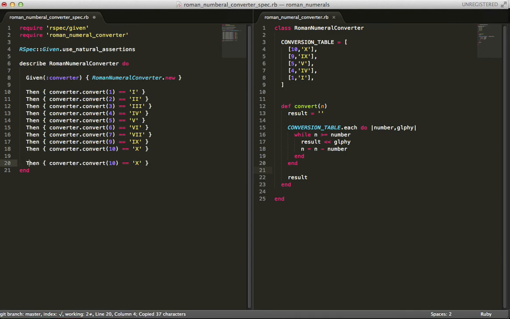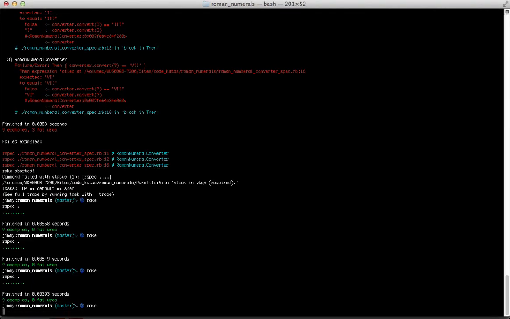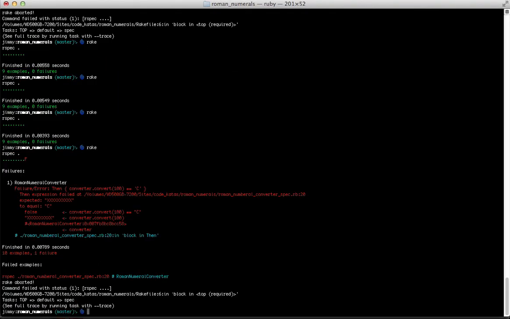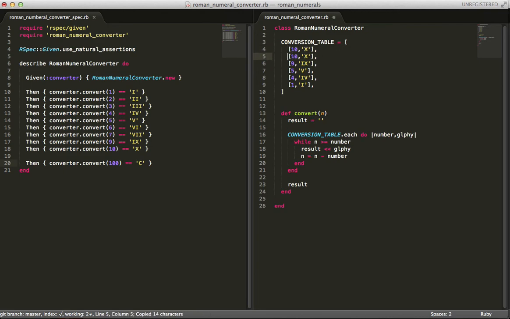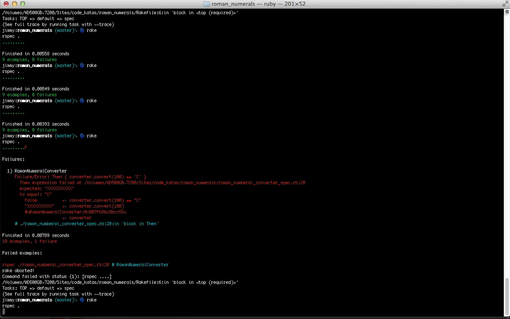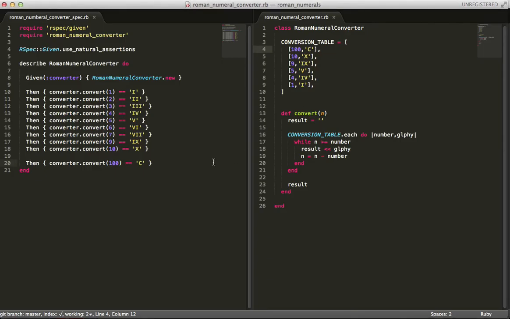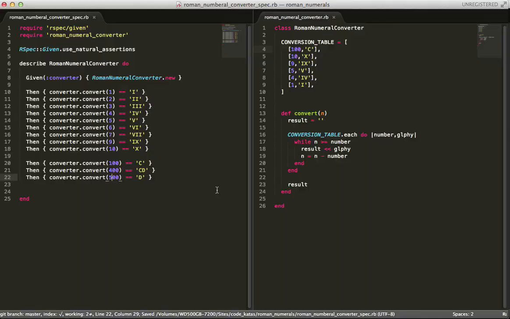And let's try again. I think C is 100. So if I do C, this is what I need to do. So I need the red to give me back like 10x. So I need to do this. This is C, and it works. So I think everything else will kind of be the same from now on. Like CD is a special case, and D is 500 because